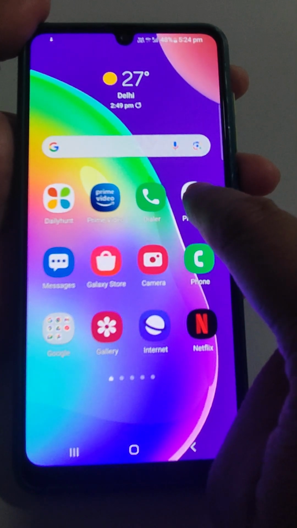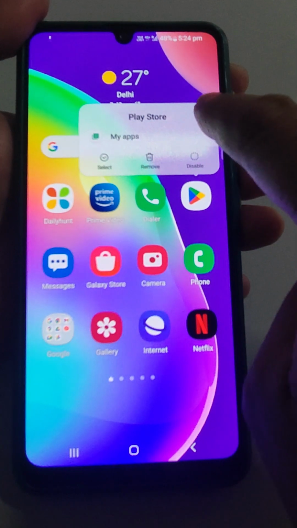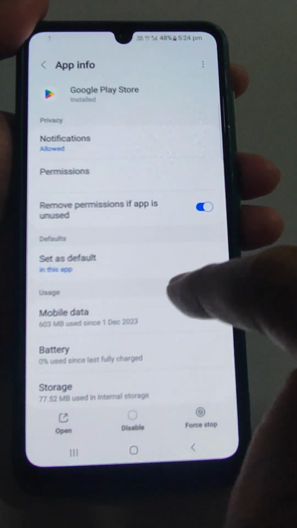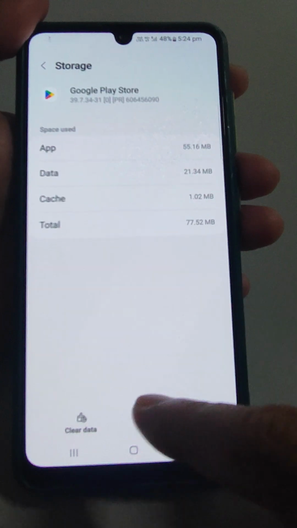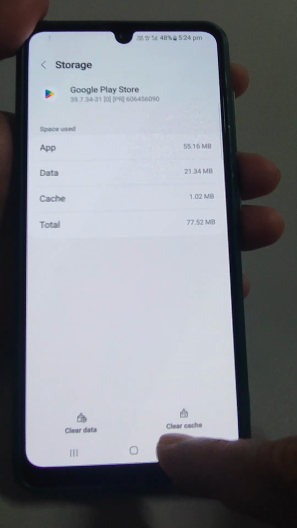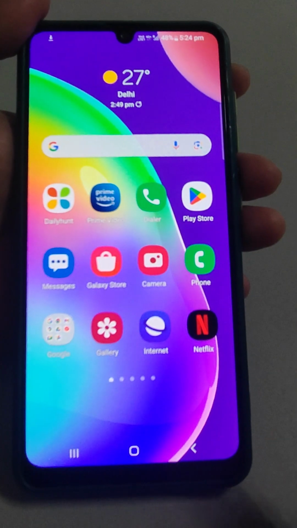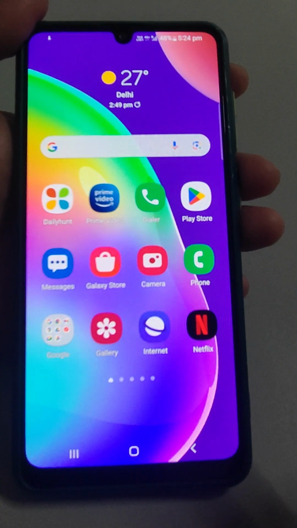How? Just long press the app. This i button comes up, press here, go to storage, and from here clear data, clear cache. Do it, nothing will go. And after that, if it is reconnecting, I think after doing all these activities, it will